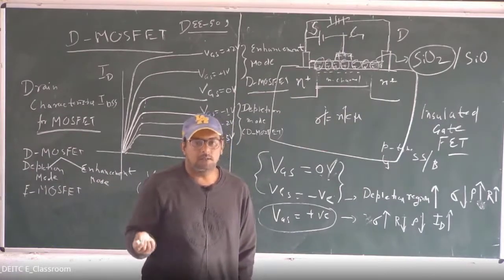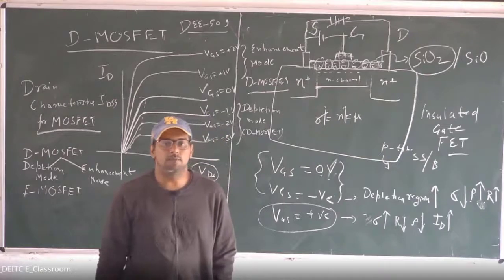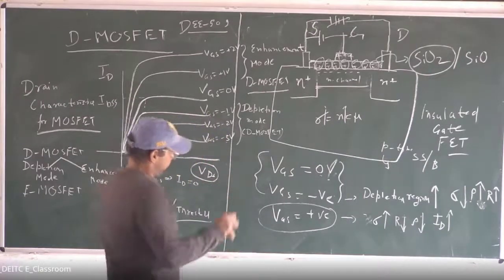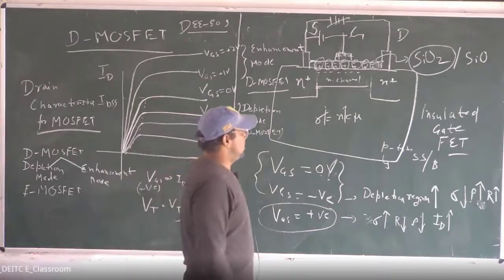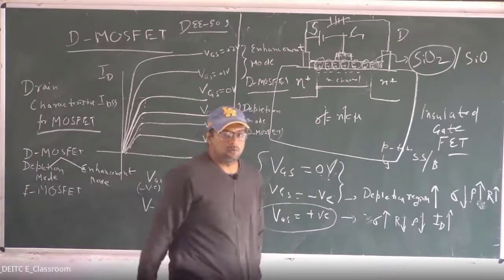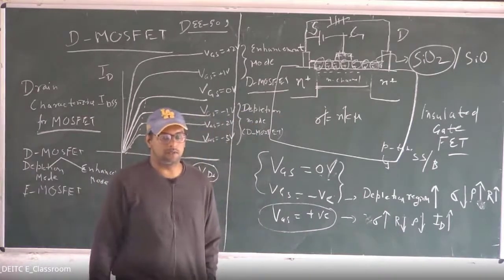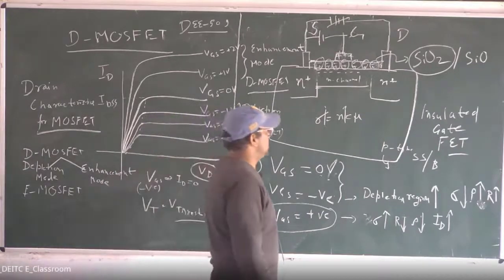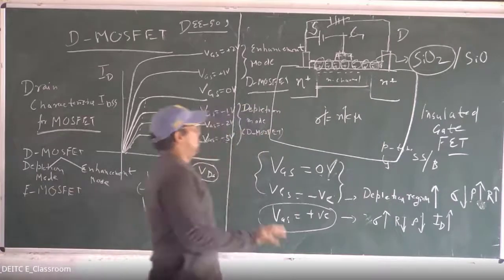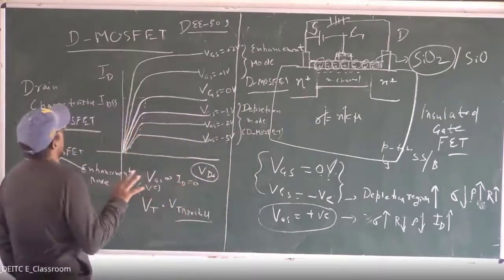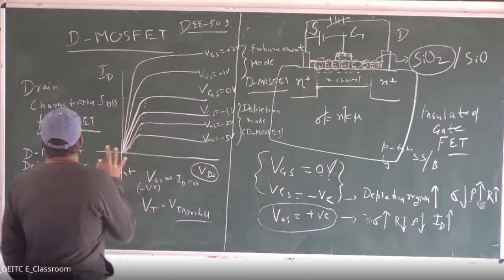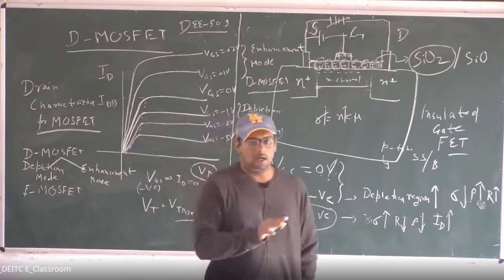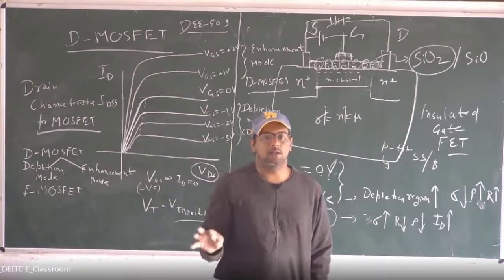Because conductivity is directly proportional to the number of charge carriers inside the unit volume. So if I am increasing the number of charge carriers inside the unit volume, then this sigma will increase, this N will increase. So this is about the drain characteristics of the MOSFET. This we have completed, and now I will discuss the transfer characteristics of the